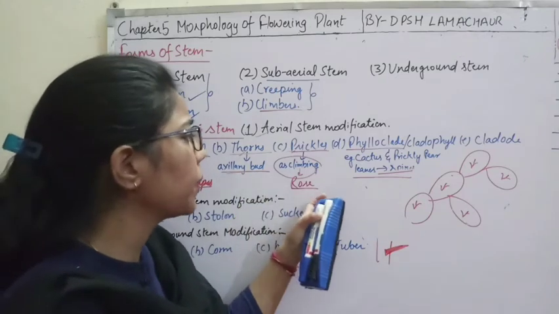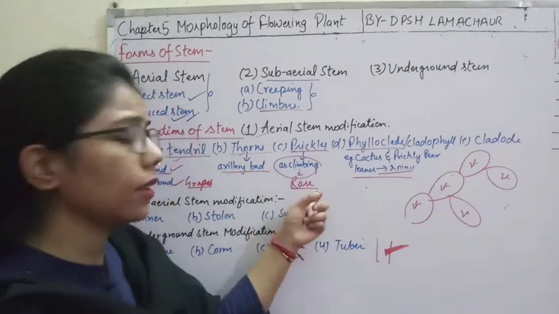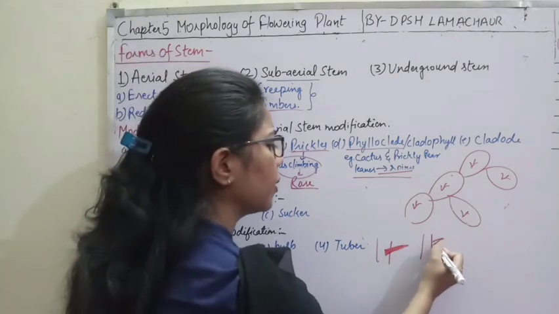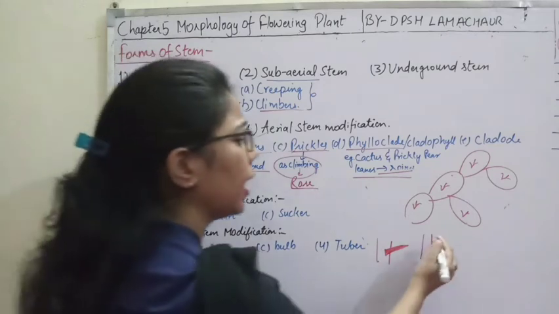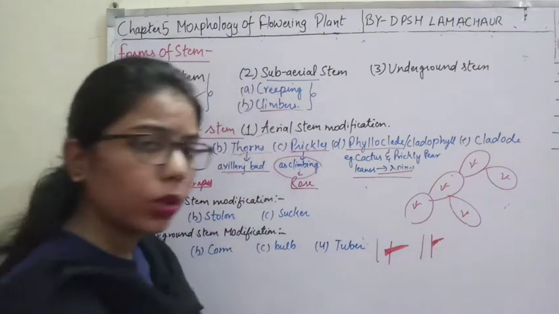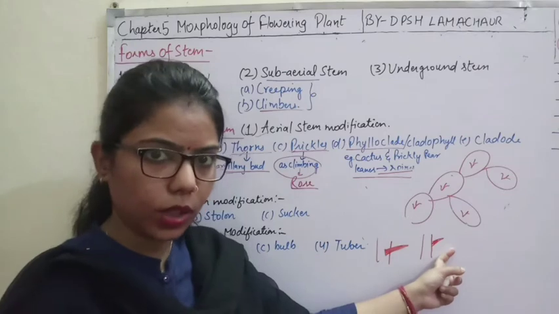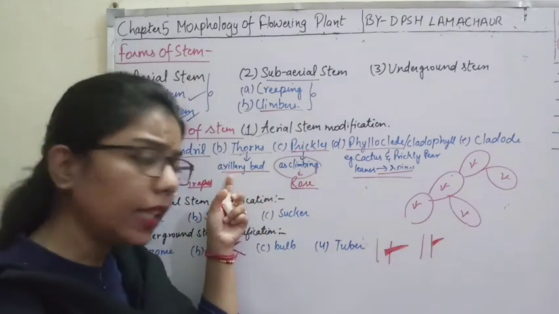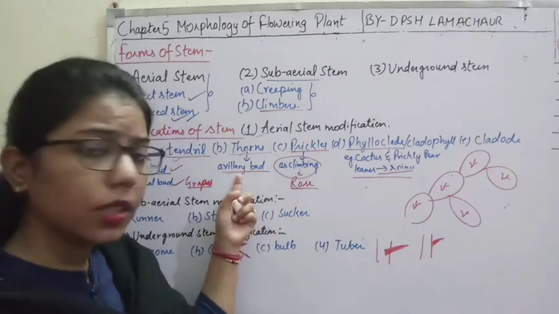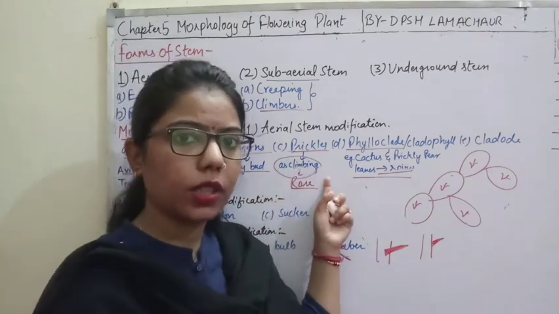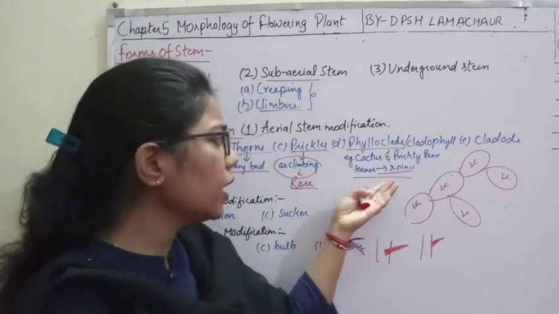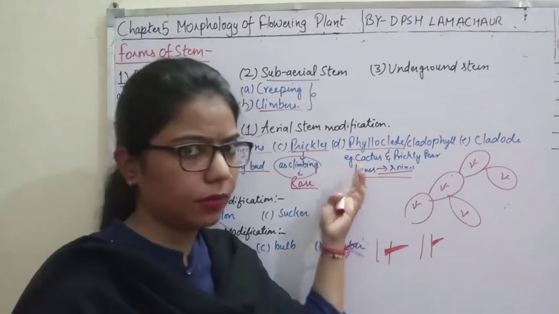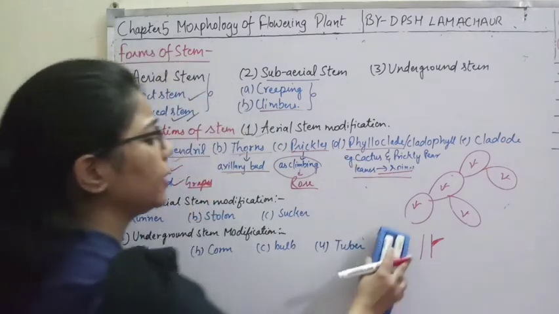If we talk about these prickles here, in case of rose, what happens? These prickles are present at the outerward, so they are originated exogenously. Okay, these are light as compared to the thorns of the bougainvillea, right? So here these are endogenously originated and these are exogenously originated, and here the spines are the extension or the modification of leaves. Okay, so we have completed this part.